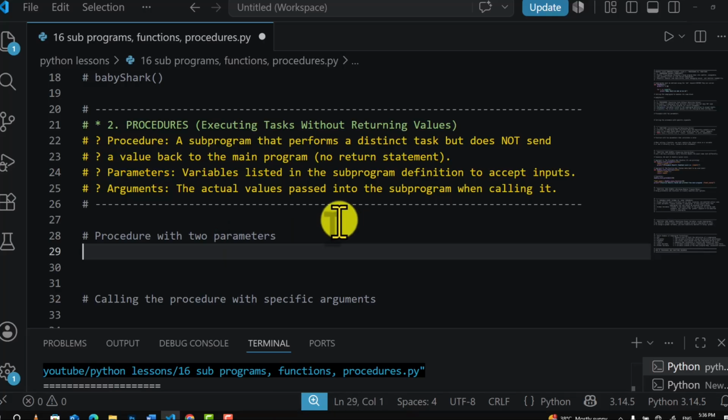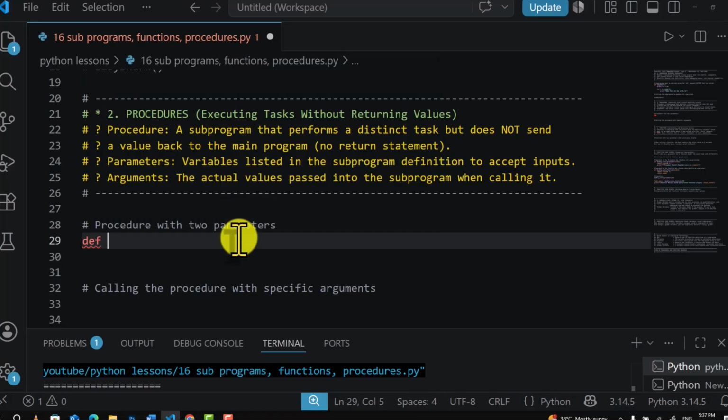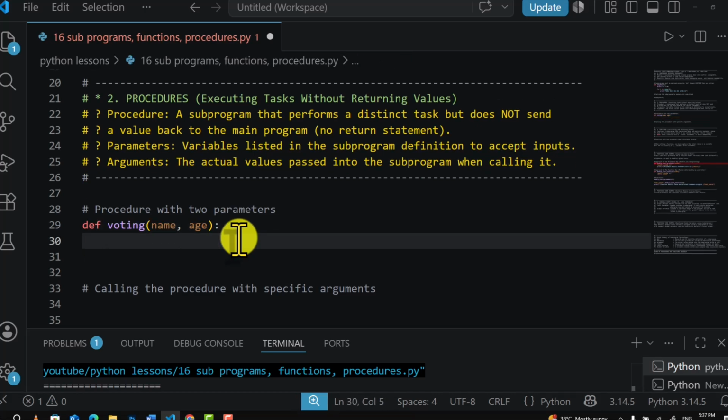Now practically we will work on that. Let's create a procedure with 2 parameters. For example, def, and here I'll write voting. It takes two inputs, name and age, for example. And print